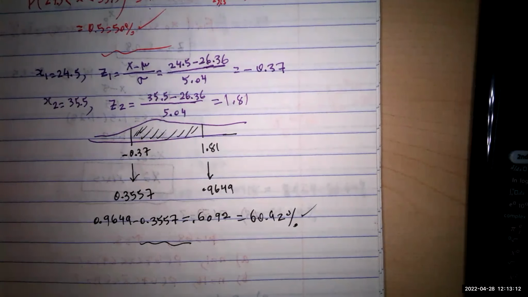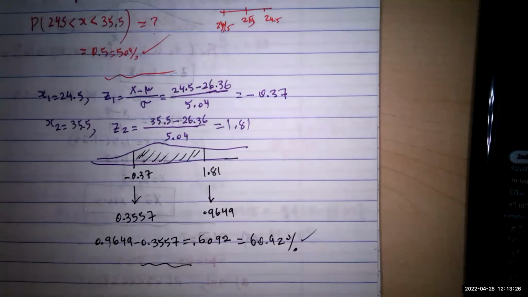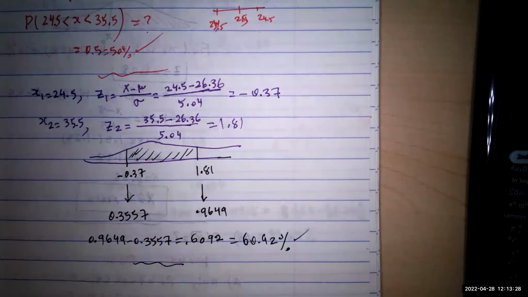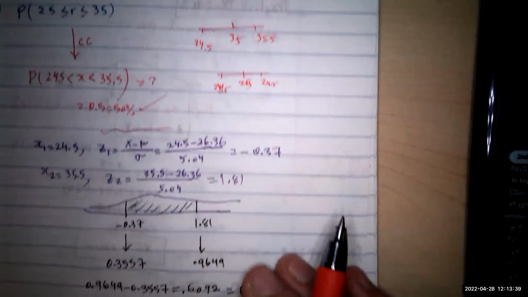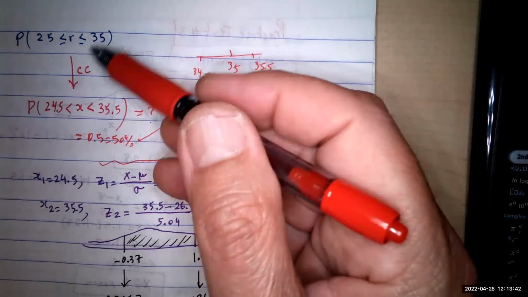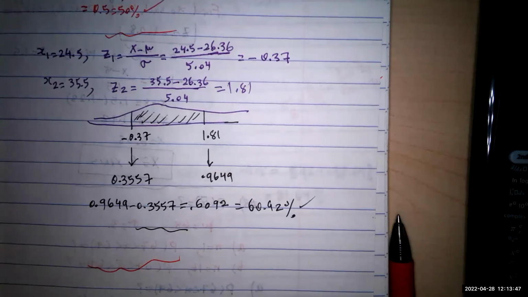Okay, so that would be the way, if you want to do it yourself. Or even if you want to use your calculator, make sure that you correct for the continuity. You correct for the continuity, then you'll be able to use the 24.5 and the 35.5. So the only extra job is the correction for continuity. You cannot use exactly the same number that is given to you. And that's it. Study your quiz. There were a couple of questions on the quiz that